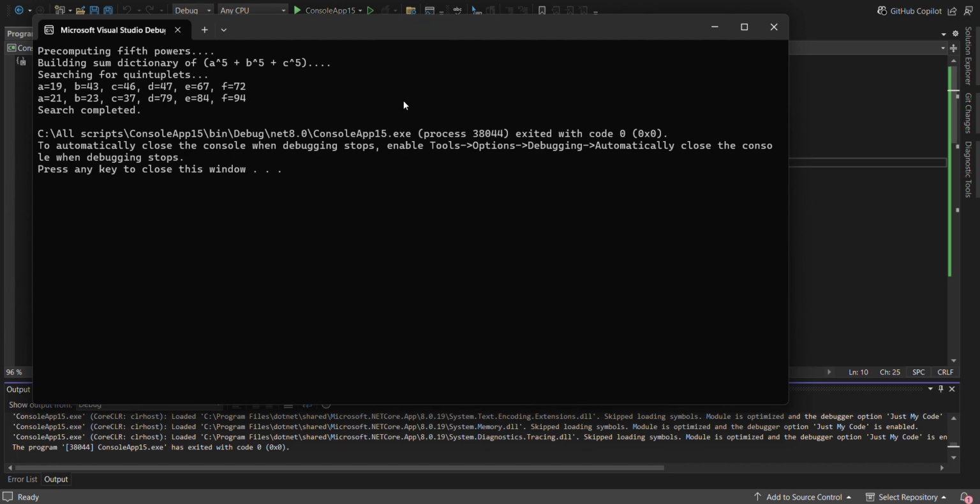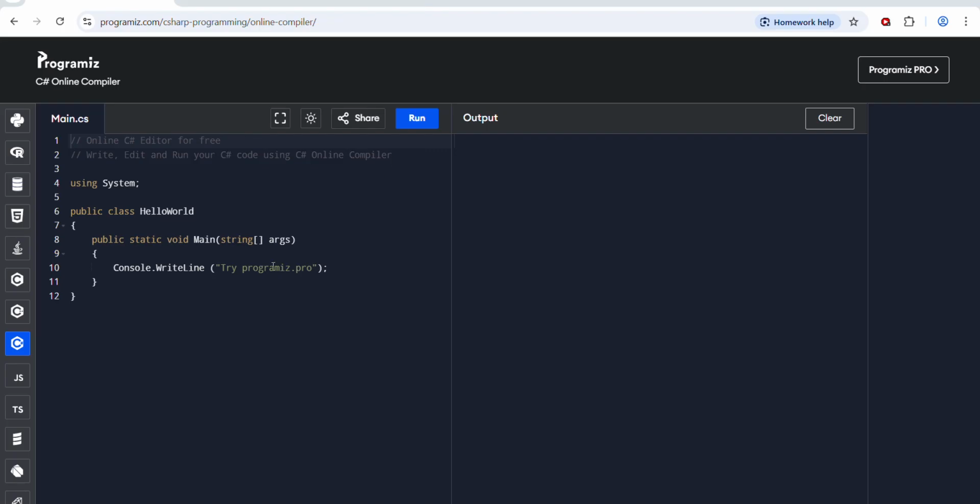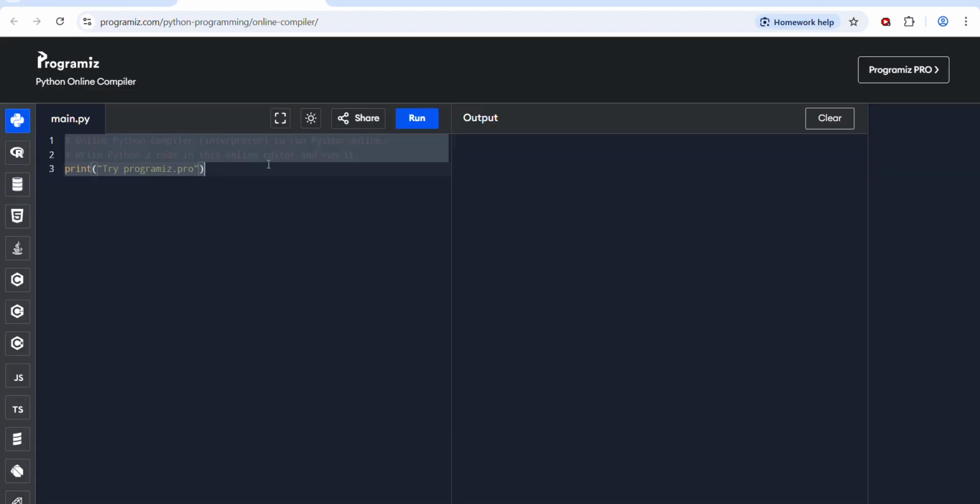I'm going to need some computing power for this. So for that, what do I need to do? I'm going to simply take these, and I'm going to go over. Okay, so I'm back in programmers. I'm going to do something slightly cheating, but you know we worked in C# down here, but there's also Python up here. The reason why I'm going to try and compute this in Python is simply because Python apparently doesn't have any limitations on